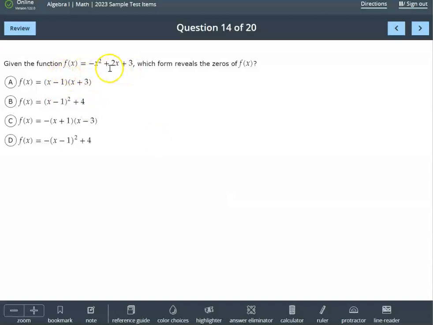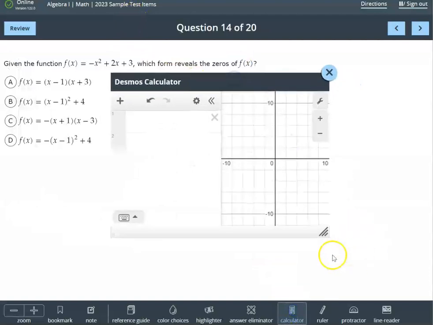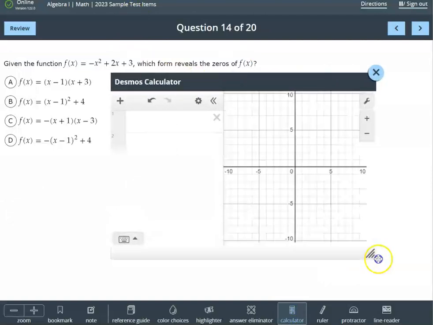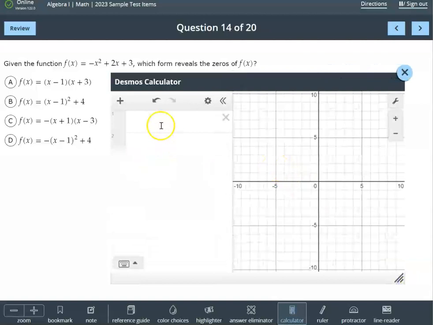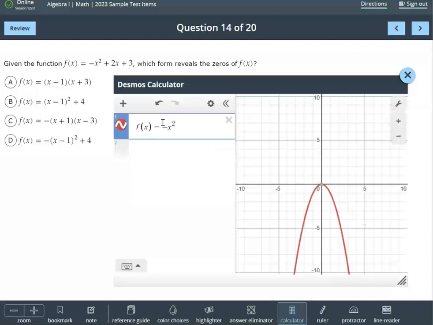It is another quadratic function, and it does also talk about zeros. So you can see quadratics are pretty important in this sample. But it's also showing you the Desmos calculator is extremely helpful with quadratic functions on this test. So if you're not using any of these strategies with your kids, you may want to start. Let them play around with graphing these parabolas and analyzing these graphs, and they'll probably get more of these items